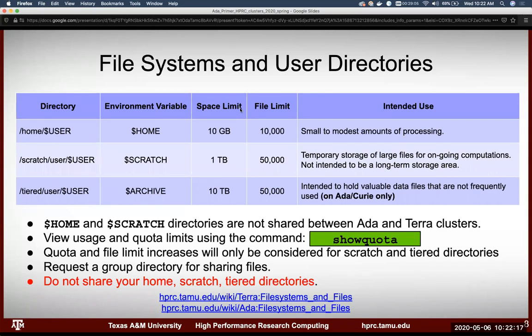And there's 2 kinds of limits on each file system. First, there's a space limit, so how much actual space the files are taking up, measured in gigabytes in our case. And then there's file limits, so how many files are actually there. The file quota comes into play if you're making a lot of virtual environments, or if you're dealing with data sets that have large amounts of small files. In those cases, most of the time you can come to us, send us an email, and